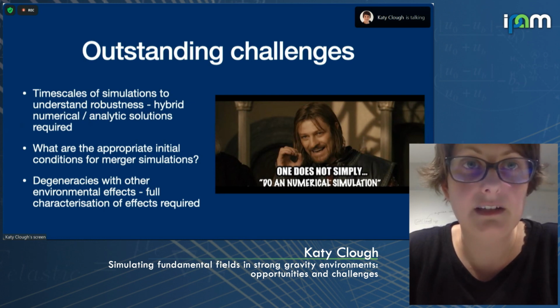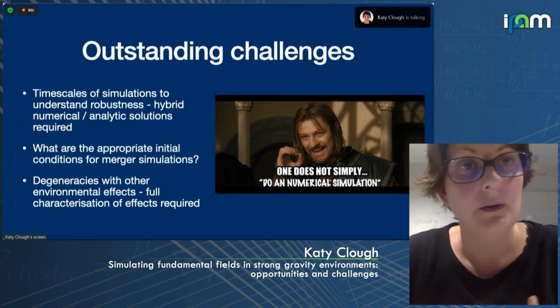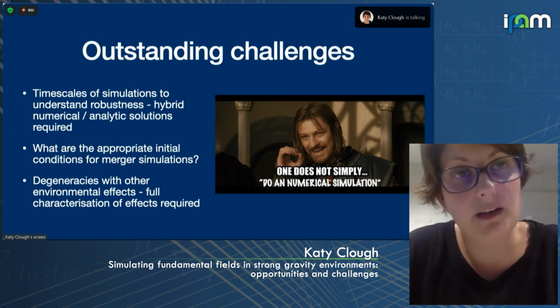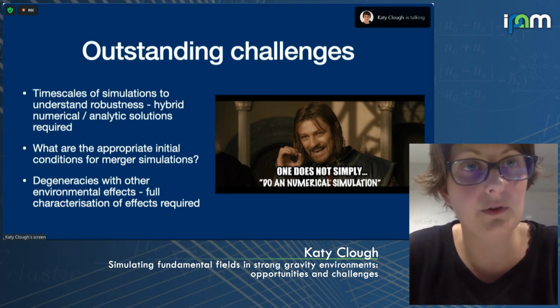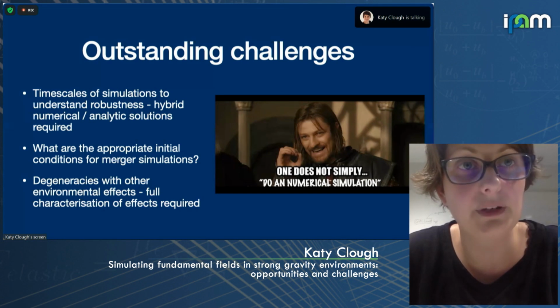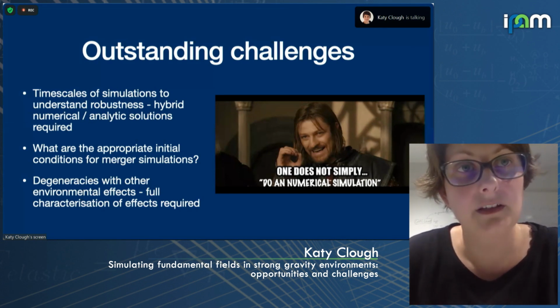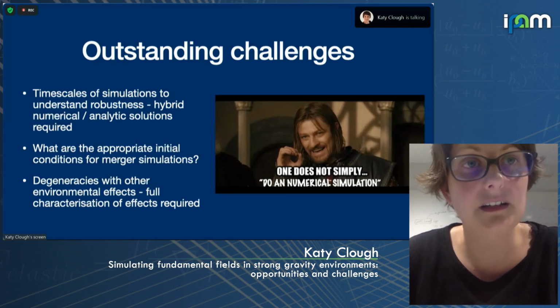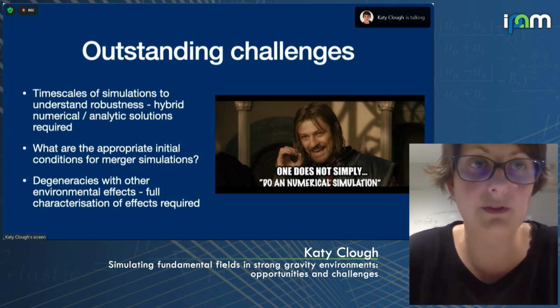The energy densities of these scalar fields, even in well-motivated cases, I gave you the example of superradiance, are of order 10 to the minus 5. So these are very small effects. If we do want to detect them in something like LISA, we're really going to have to understand very well the degeneracies with other environmental effects or other parameters of the binary model. And that will require a significant amount of work that hasn't even begun yet.